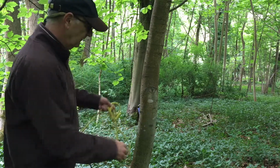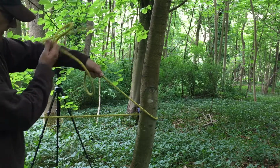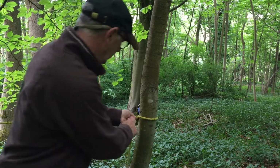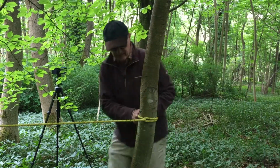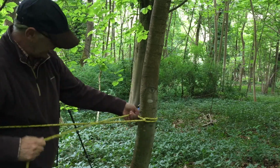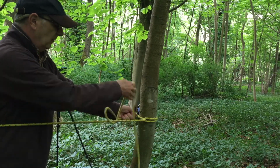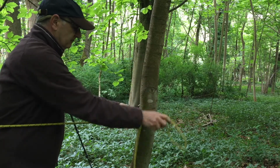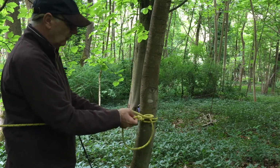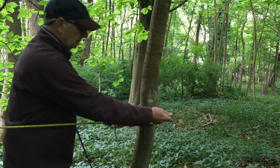Taut tarp hitch. We go round the tree and pull it tight. We then cross the working end over, go back round the tree, and I'm going right way round with it and pulling it tight as I do that. Bring the working end over again, it creates this V. Bring that up through there, and there it is, and again we can pull that with a second loop on,